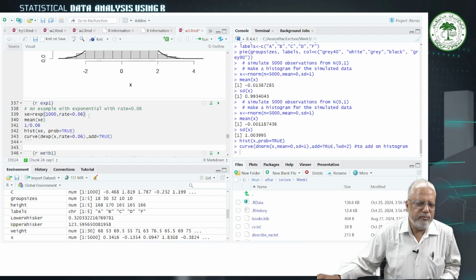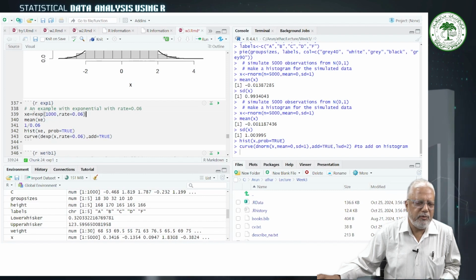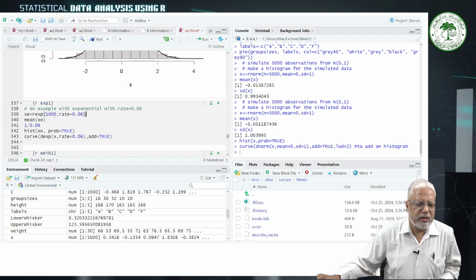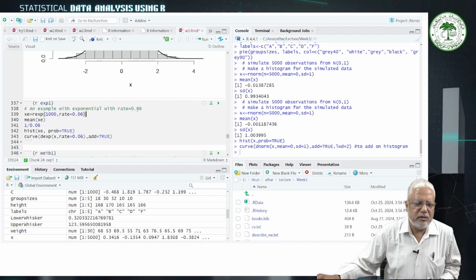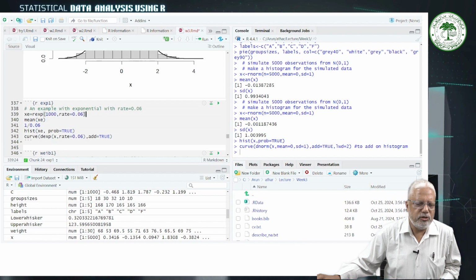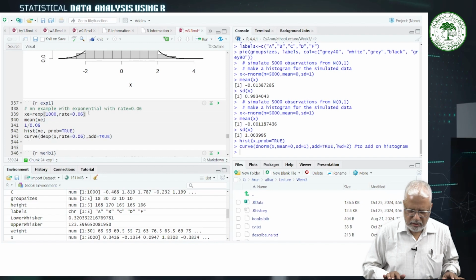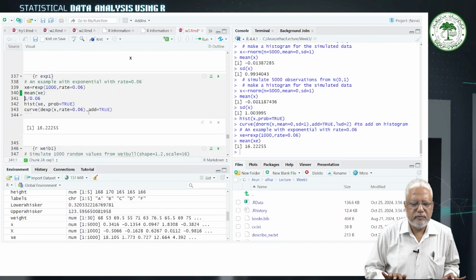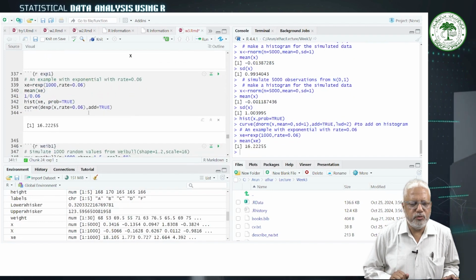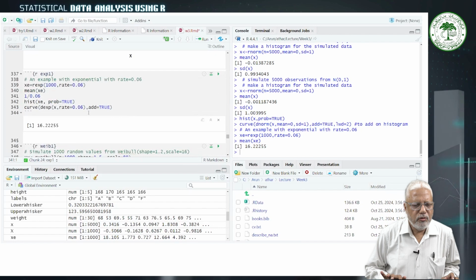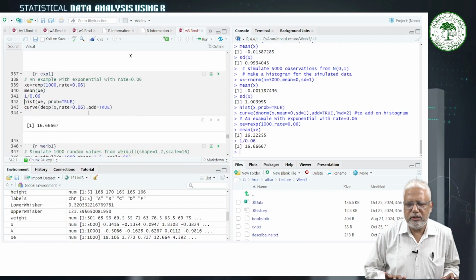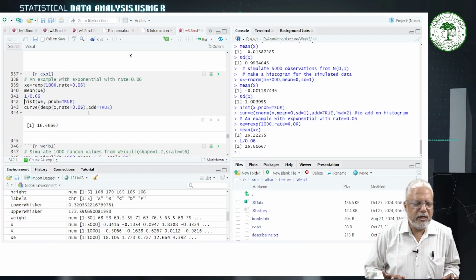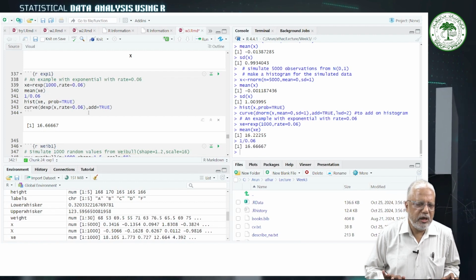So here I am using rexp. Instead of rnorm, I am using rexp because it is an exponential distribution, and 1000 observations are being simulated. Rate is the parameter. Rate is equal to 0.06. So when we run this, its mean should be 16.22. It is nothing but 1 divided by 0.06. It is 16 point something. And then we can make a histogram and we can verify that histogram with the exact